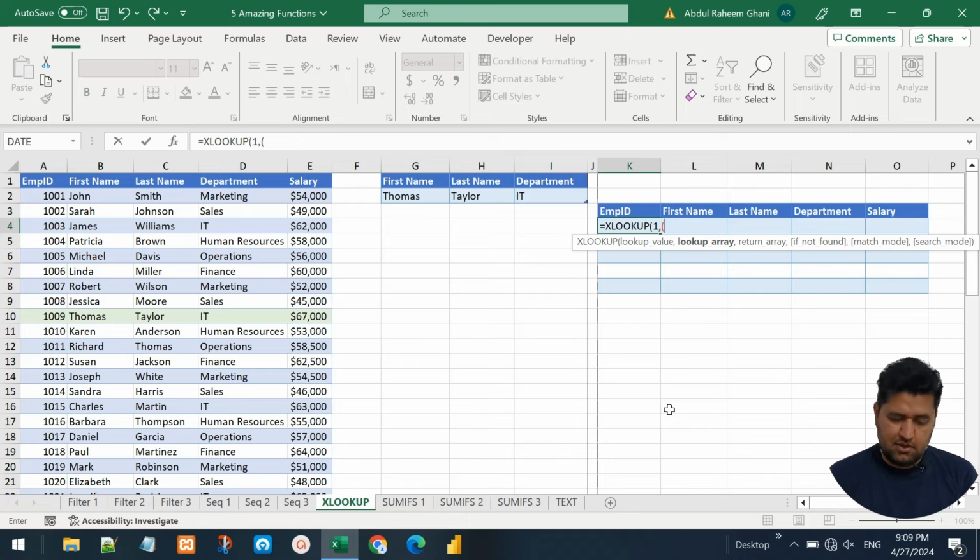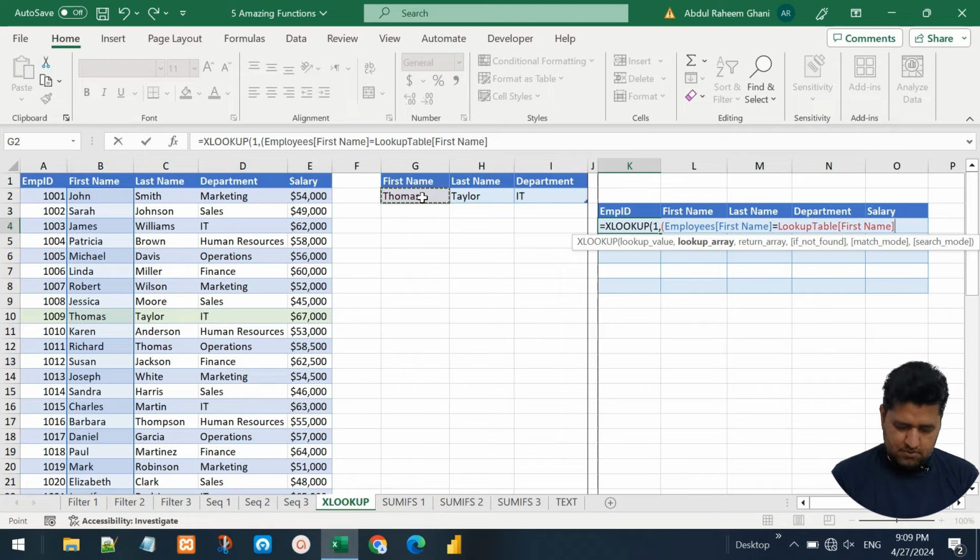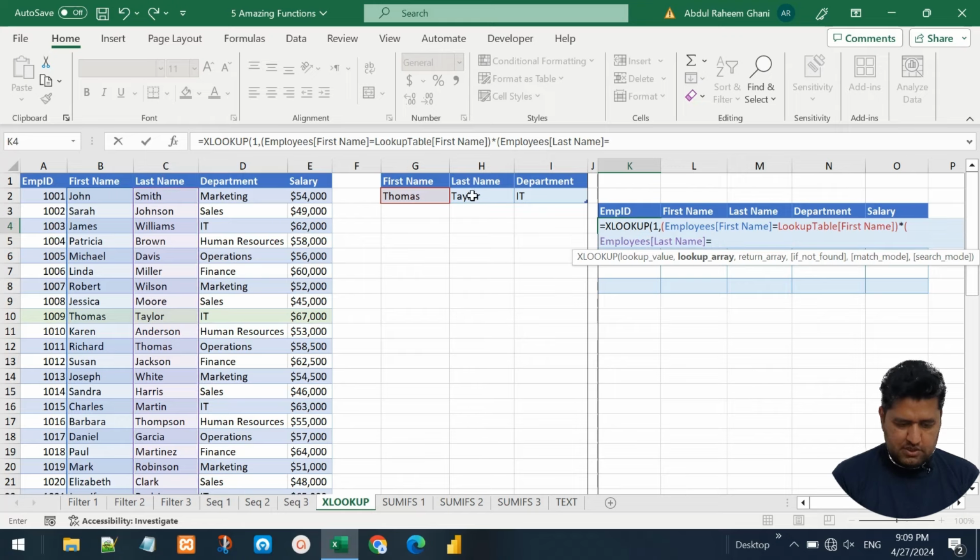of parentheses. So I want to start parentheses here, and I want to say that this first name column from the employees table must be equal to this Thomas from this table, close parentheses. Now I want to add another condition. For that, I will start another pair of parentheses, but before that, let me add an asterisk to mention that this is another condition. Open parentheses. This time I want to look in the last name, and that last name must be equal to this last